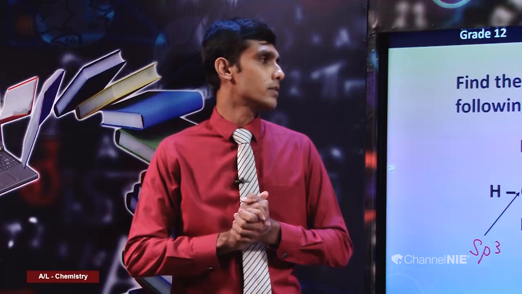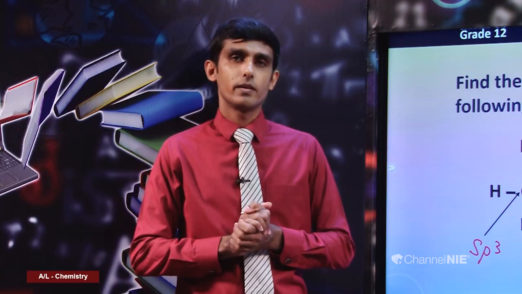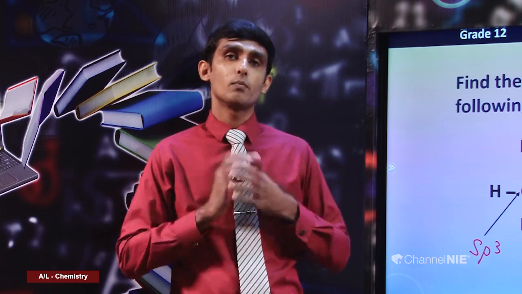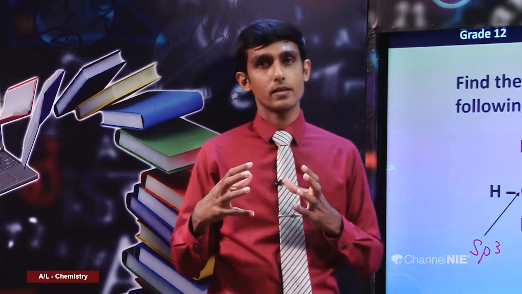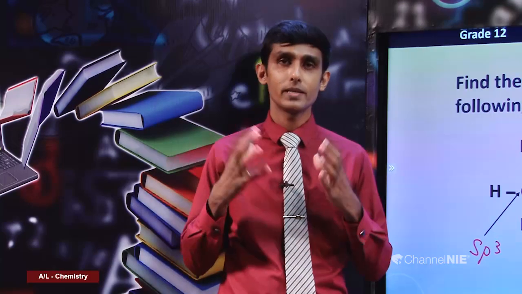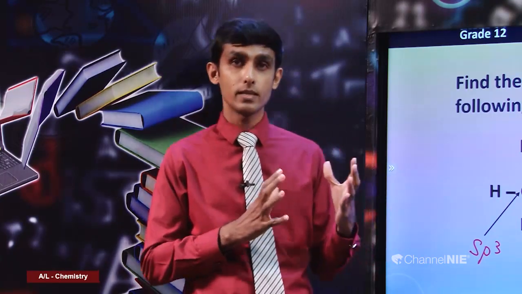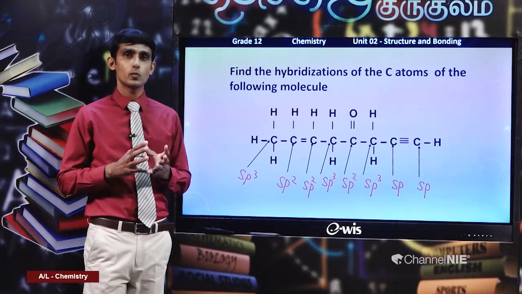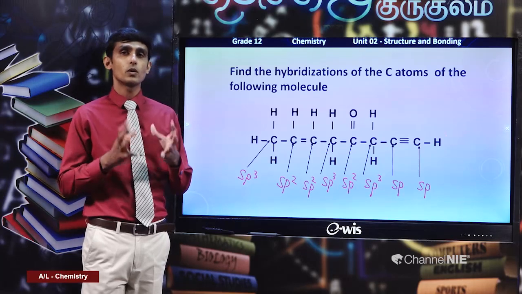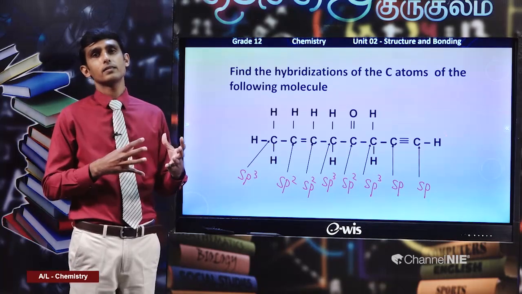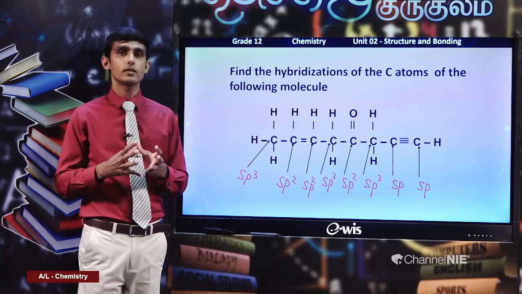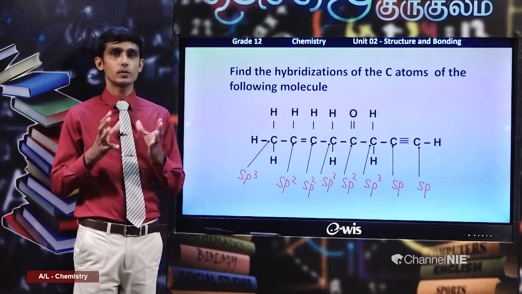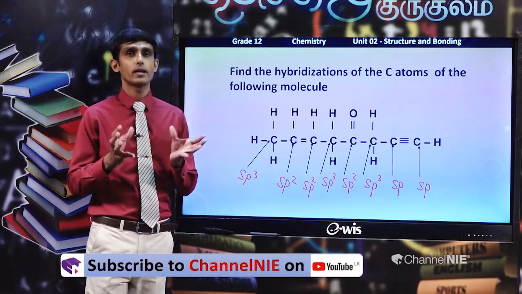Right. Okay, students, now I hope that you have understood the idea of determining the number of covalent bonds that a particular element can form based on the position of that element in the periodic table. That's the part I discussed earlier. And after that, I explained the very important concept of hybridization. That's a theoretical concept, but in order to explain the bond angles and the geometries, it is necessary to know about this. So we discussed sp, sp2, sp3 hybridizations in detail. I hope you can understand that.